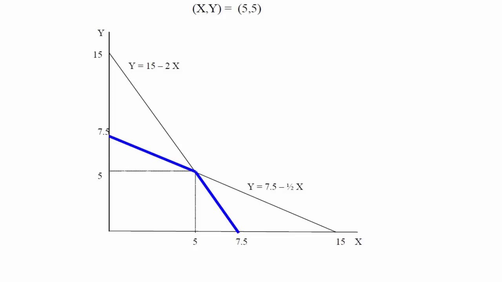We've already determined that one equation will intersect the y-axis at 15 and the other will intersect the y-axis at 7.5. Correspondingly, for the x-axis, because of the symmetry in this equation set, we get one line intersecting the x-axis at 7.5 and the second one intersecting the x-axis at 15. In trying to identify the production possibilities set, we're going to go with the area which is below the two constraints, or the two straight lines, and that will define our production possibilities set.